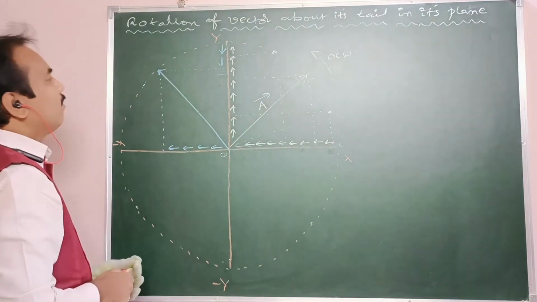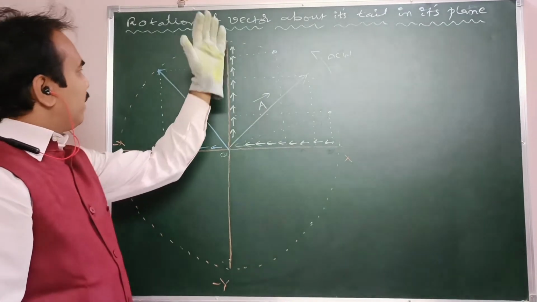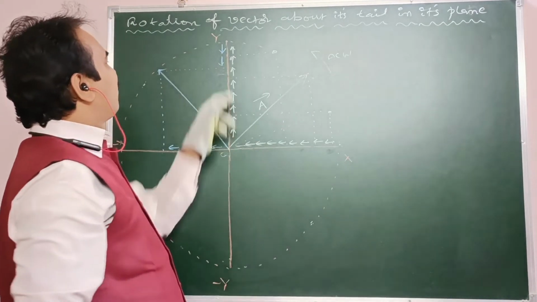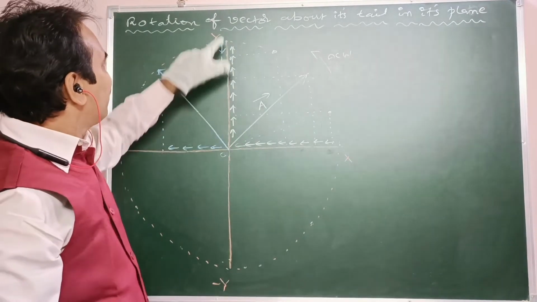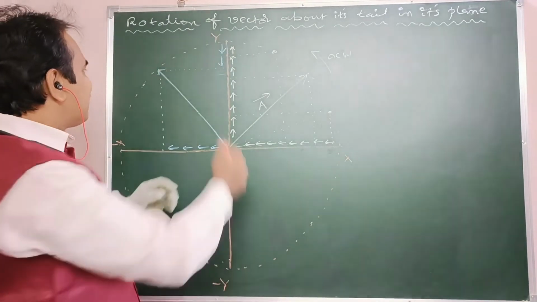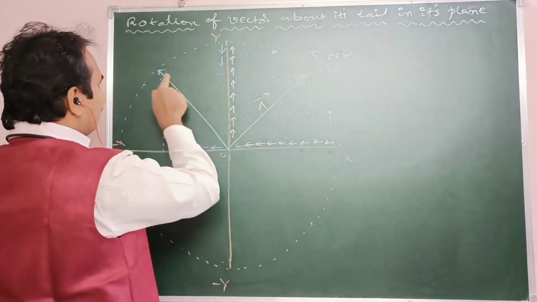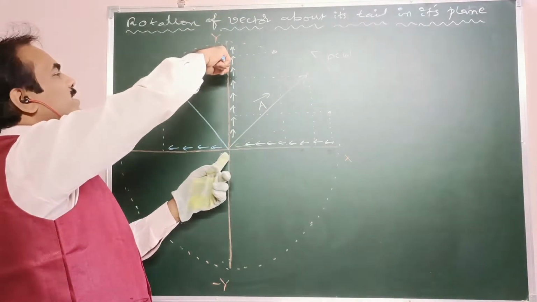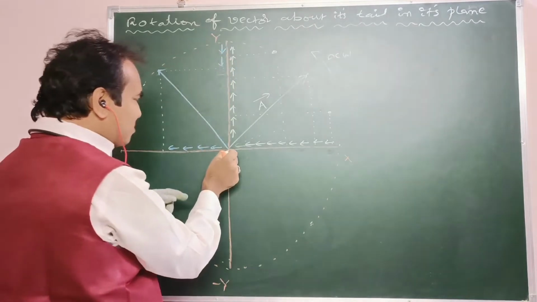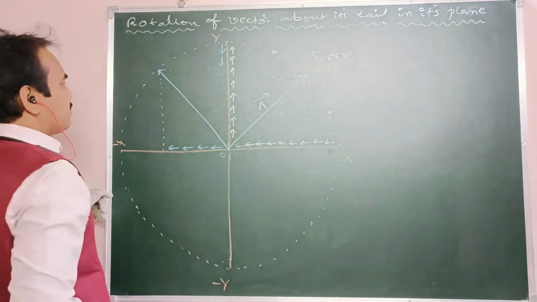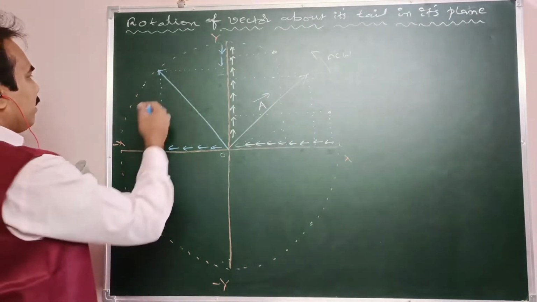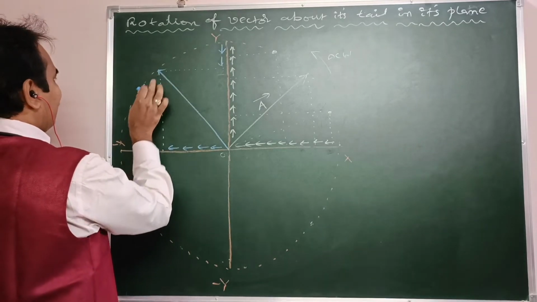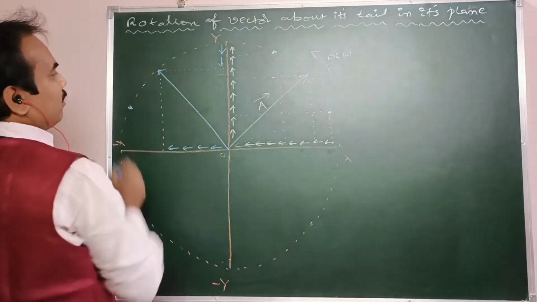So when the vector lies along the positive y axis, there is no x coordinate, 0. It has only a y coordinate, from here to there. When it is rotated like that, what happens? This is the projection. Previously this was the y coordinate, presently this is the y coordinate, which means it decreases. Previously the x coordinate was 0, now this is the x coordinate, which means it increases. Suppose it is rotated further about its tail, so the tip comes here.